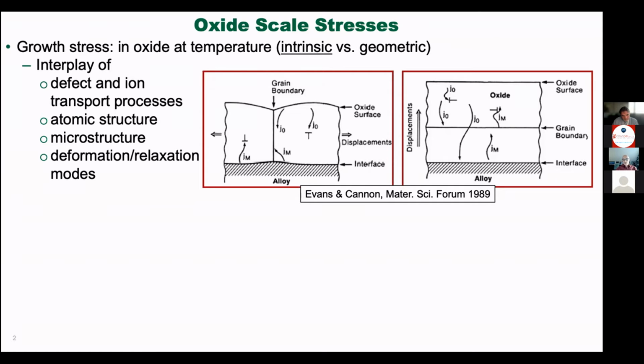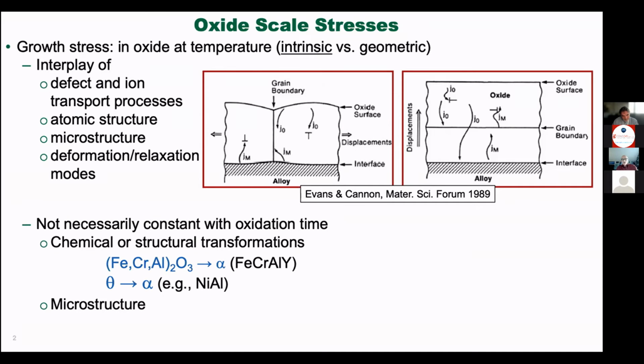And I'm just showing as an example a paper by Evans and Cannon from a number of years ago, showing how the microstructure can directly influence the appearance of a growth stress. And this is truly a growth stress in that it arises from the addition of further oxide into the oxide scale. But the other point I want to make is that growth stress isn't necessarily constant with oxidation